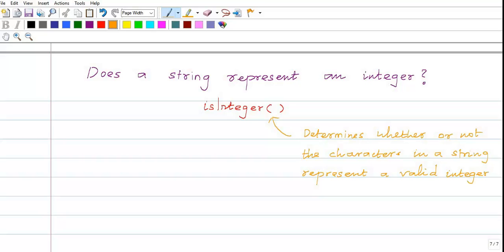Okay, so I'll just define what are the elements this function should have. First one,